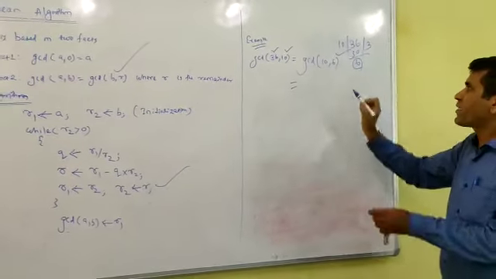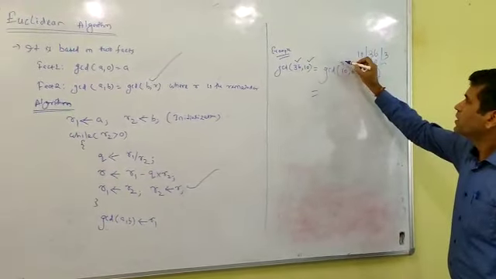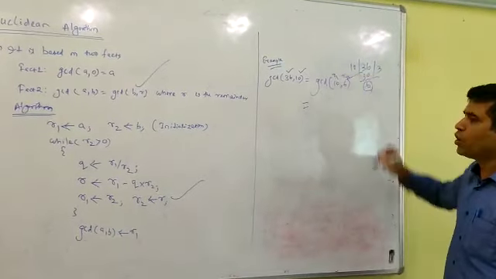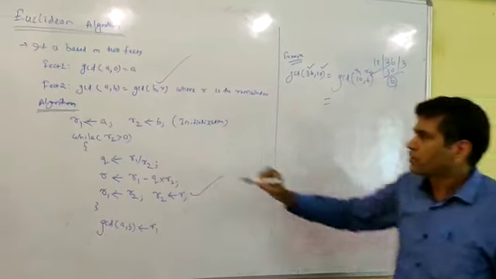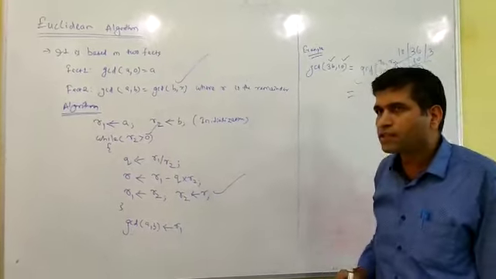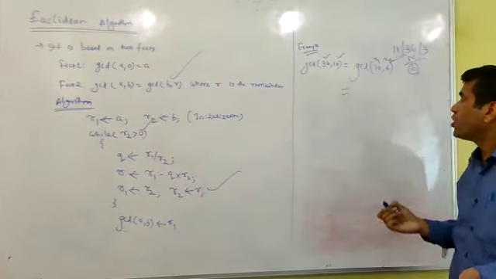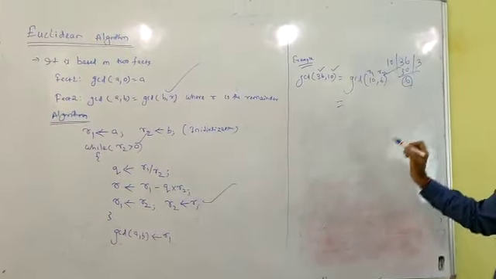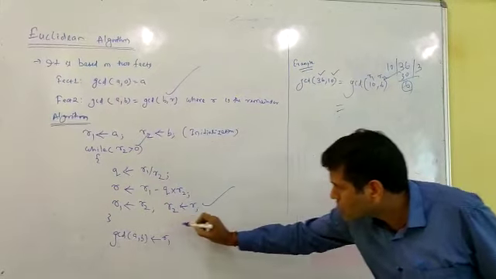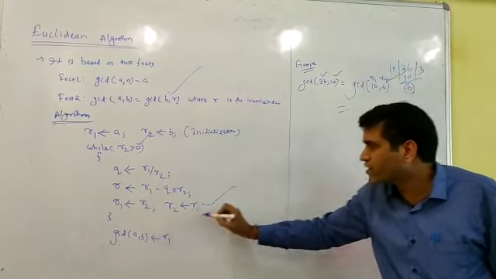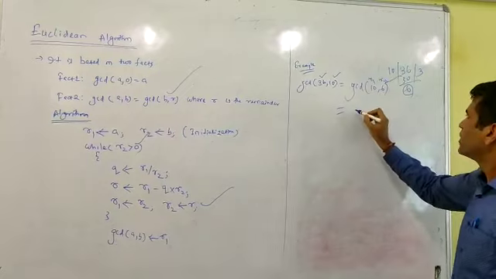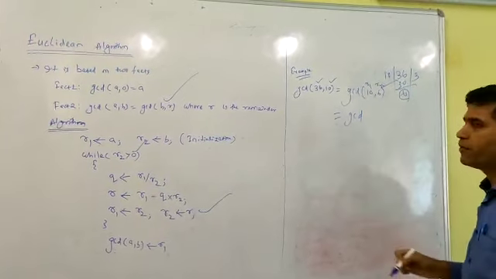So do you think this is right? Yes. For example, here R1 equals 10, R2 equals 6. So does this satisfy the condition? Yes, R2 is always greater than 0. Yes, 6 is greater than 0. So next condition, go to next. Look, see this, then we will get the answer GCD.